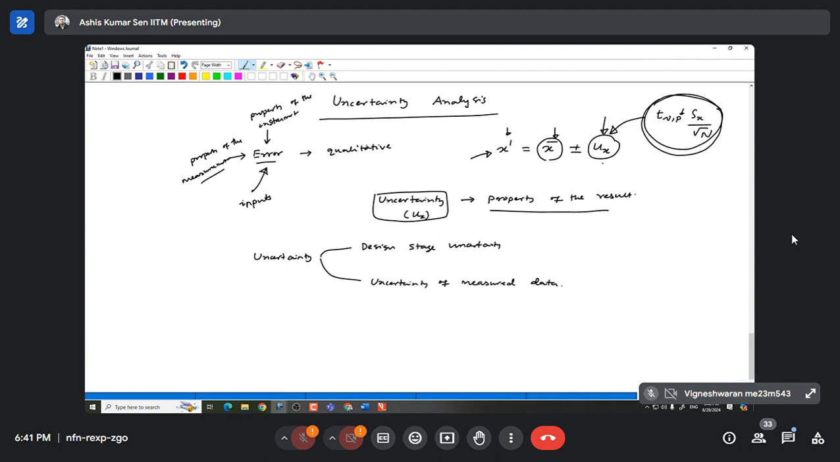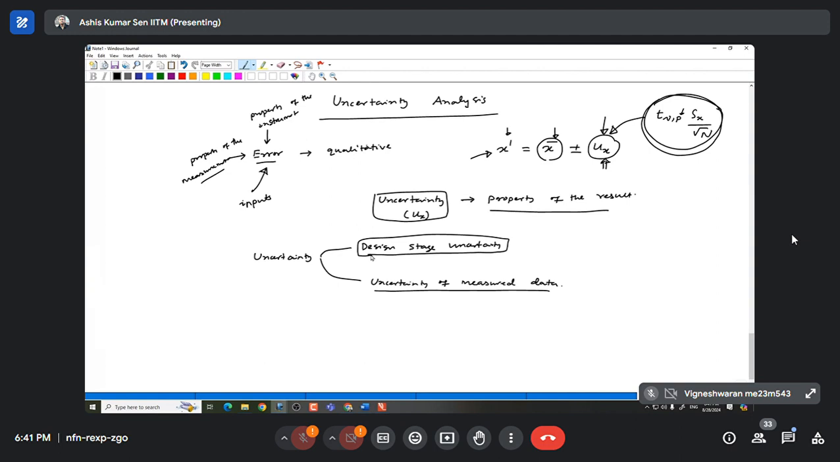So what we have been discussing is basically the uncertainty in the measured data. Design stage uncertainty becomes important when you want to select an instrument for certain measurement. Okay, let's say you are trying to measure the length of a structure or length of a bar